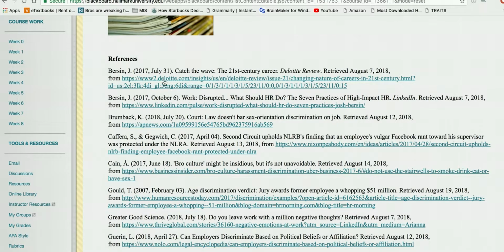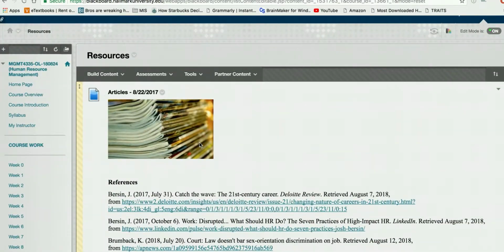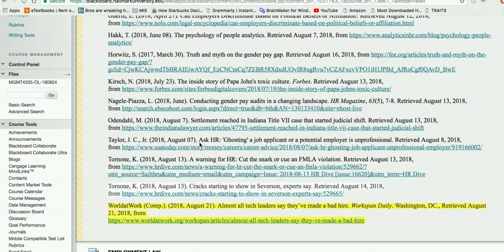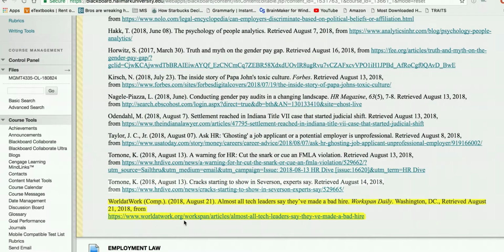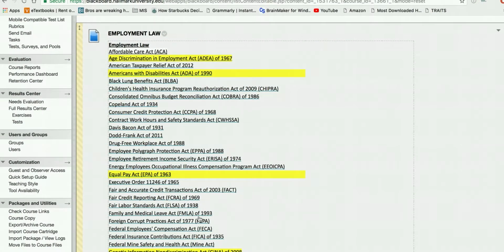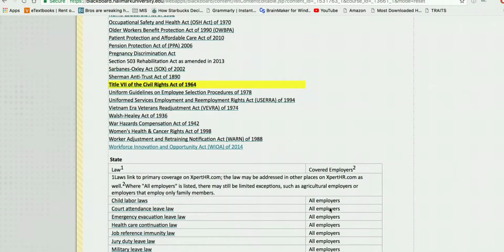It's not indented according to APA because it's just cut and pasted into one of the Blackboard pages, but otherwise it's in APA format. And I usually put the last date that I updated this list, and the last article that I put on here will be highlighted in yellow. If you scroll down a little bit more, when we're talking about employment law, I've got basically all of the employment law